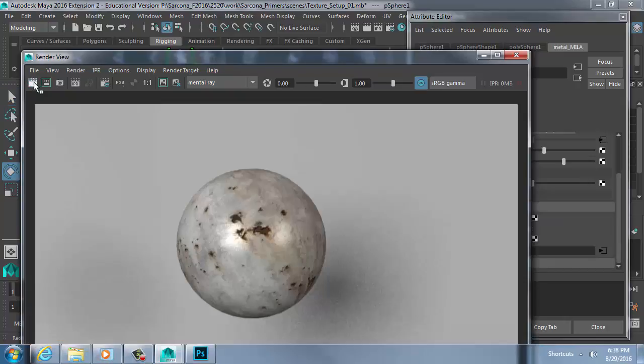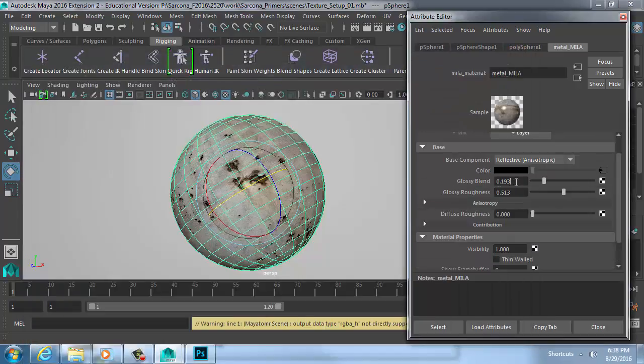All right, let's also look at one more aspect of this. So what does glossy blend mean? Isn't that how sharp that is? How much reflection it is. Okay, so glossy blend is controlling how much reflectivity we're getting on this object. Glossy roughness is controlling how sharp it is. Okay, so if we looked at the picture here,